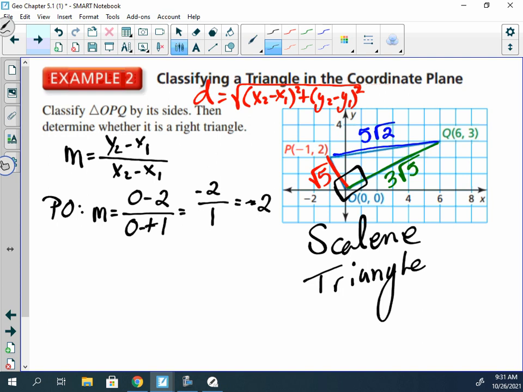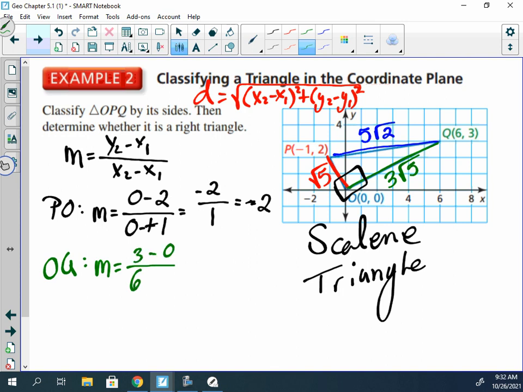If these are going to be perpendicular to each other, what would the other slope have to be? Positive 1/2, because we have to change the sign and flip. Since it's negative, our other slope would need to be positive. And to flip it, it would go from 2 to 1/2. So if we look at OQ, its slope, well, the y values are 3 minus 0,